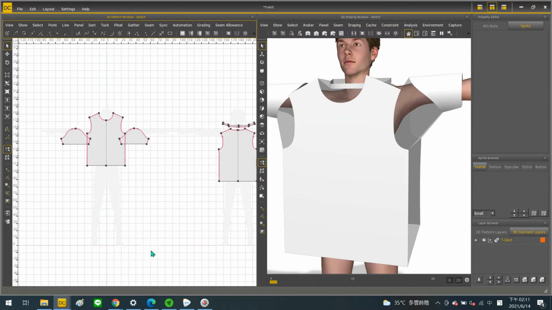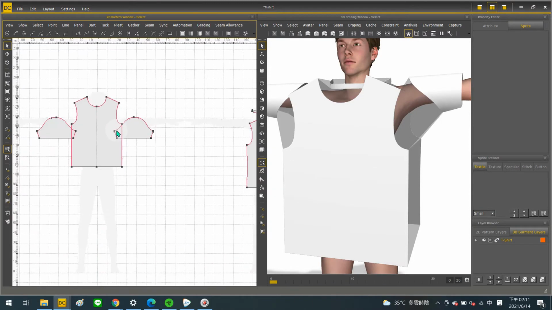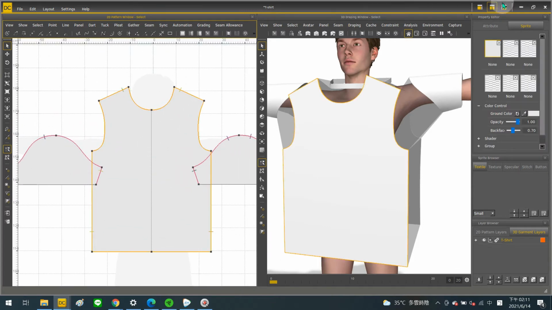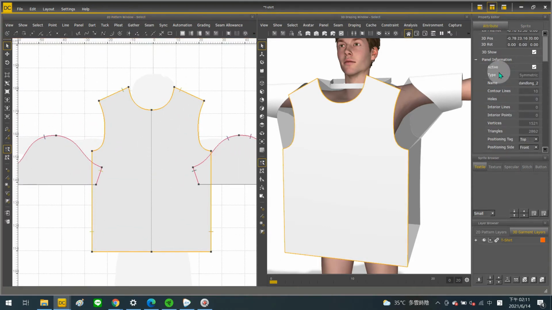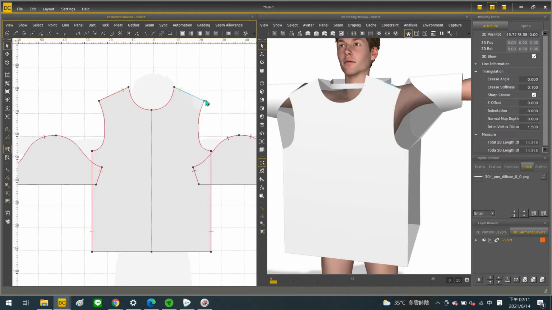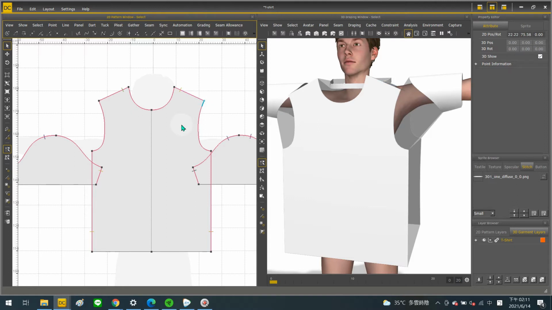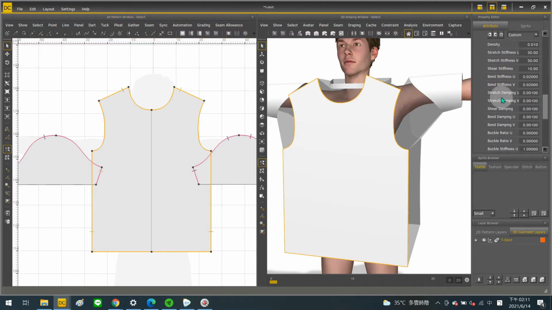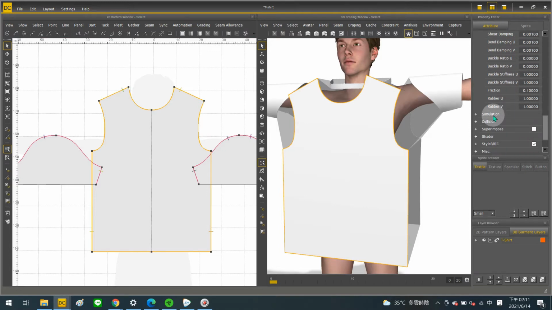Following, we are going to know about three side windows. From the top, the first one is called Property Editor. When something is selected, like a point, line, panel, or scene, its properties will appear here. In the Attribute tab, it is more about information, and parameter settings can be added or adjusted.